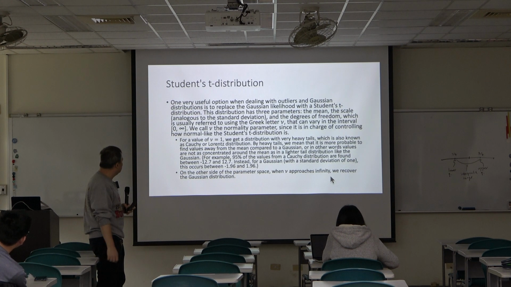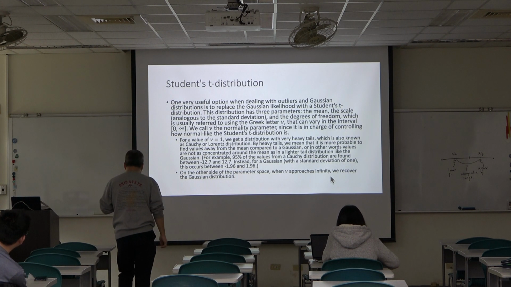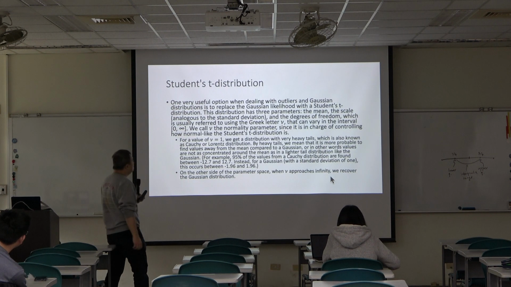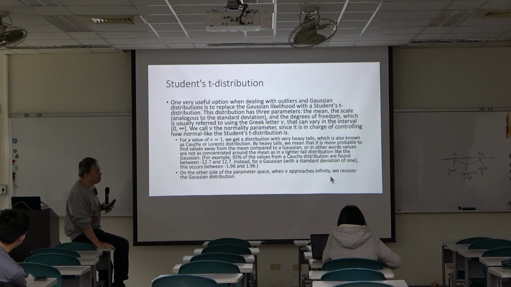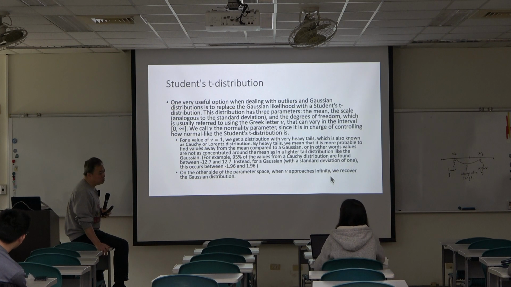So what is the student t distribution? A student t distribution has 3 parameters. Remember in Gaussian distribution we have 2 parameters. We have mu, we have sigma, right? And everybody knows what mu and sigma are. So for the student t distribution, we have 3 parameters. The first one is the mean, which basically is the mu, just like the Gaussian distribution. And the scale,